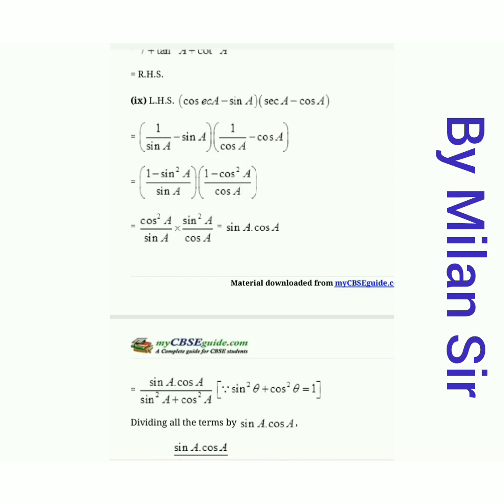Right? Now here cos square A in numerator and in denominator 1 time cos A. So 1 time cos A cut. Right? So from numerator cos square A, 1 time cos A cut. So 1 time cos A remaining. That is in answer. Same thing, here sin square A, sin A. So in numerator, 1 time sin A cut with denominator, right? So 1 time sin A remaining. That's why here sin A into cos A.